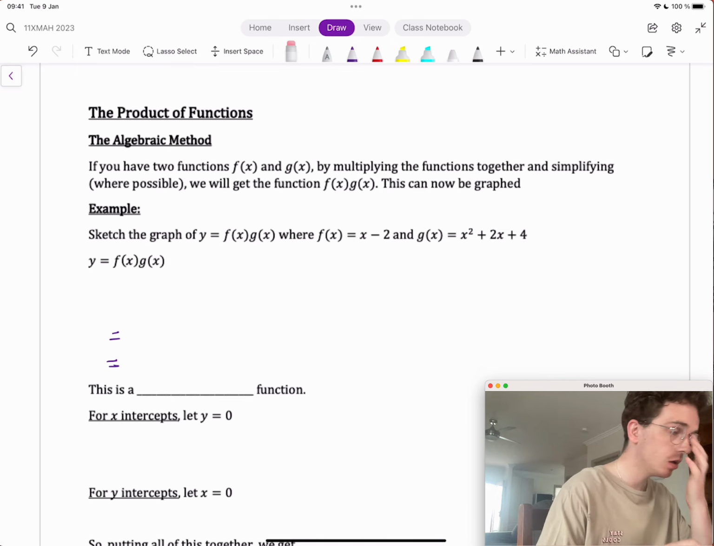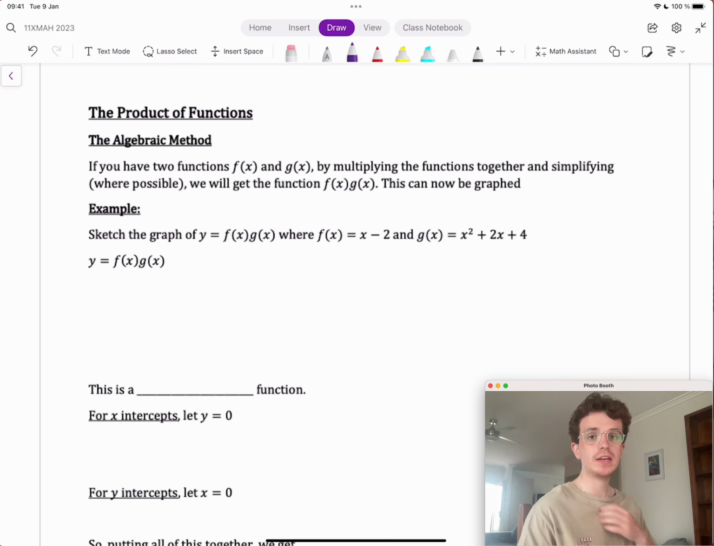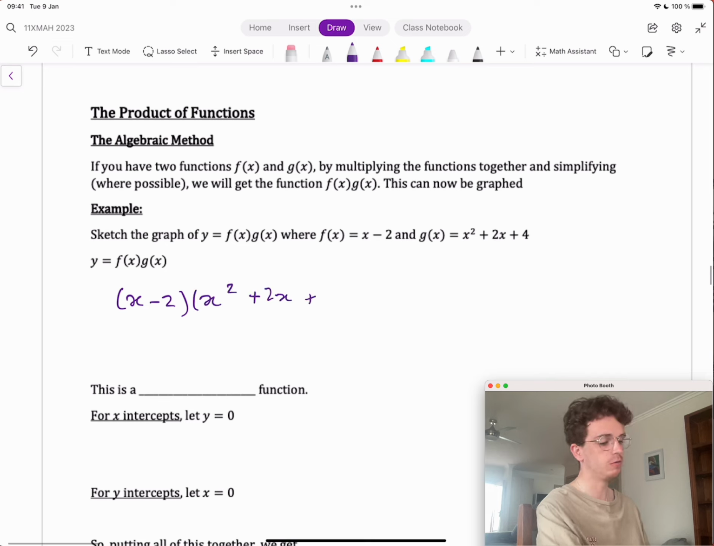Okay, so the product of functions is when we get two graphs and we physically times the two graphs together. So there are two ways that we can calculate the product of functions. The first way is the algebraic method, which will only work for easy functions like in this first example. So if we times these two functions together, x minus 2 and x squared plus 2x plus 4, we're going